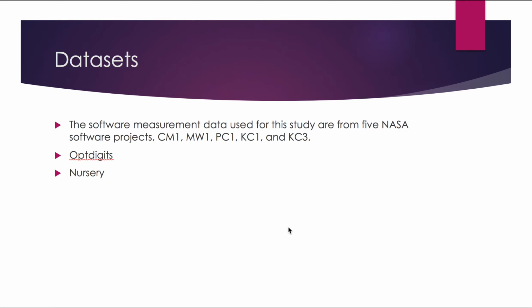Also, there are two other data sets called OptDigit and Nursery. The Nursery data, which has 8 attributes, contains information for ranking nursery schools. The dataset originally contains 5 classes, one of which, very recommended, was selected in this work to be the positive class, while the remaining class values were grouped together to form a negative class. Both of them are larger than the 5 software measurement datasets.